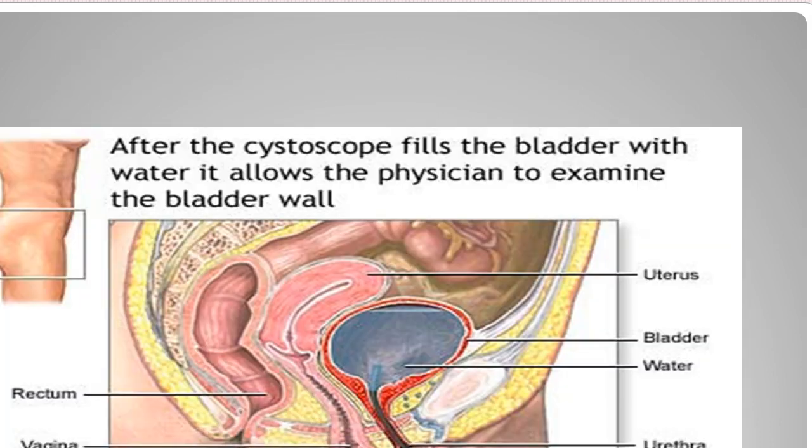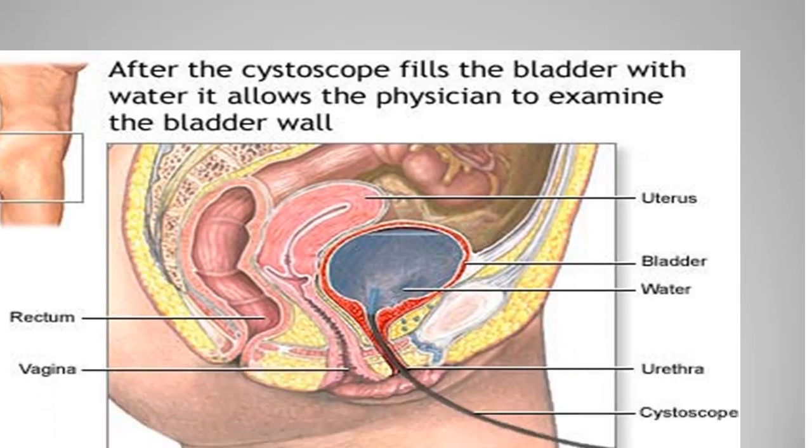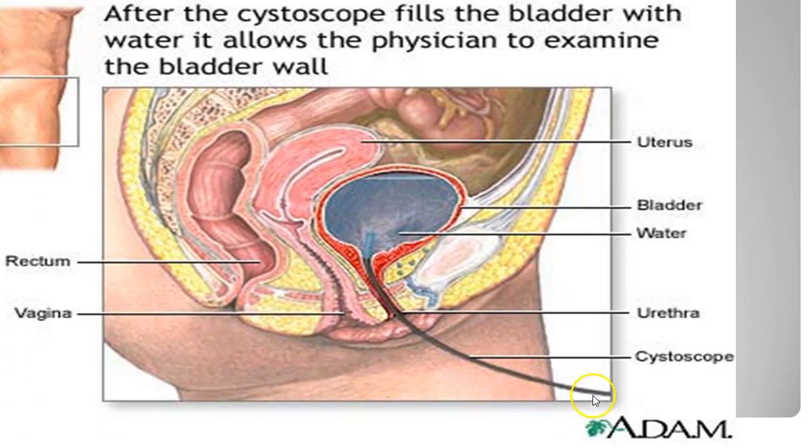That's what we call a cystoscopy. Okay, so let me bring this down. This is an old slide, but you can kind of get an idea. This is the probe that goes into the bladder, and you can see the end of it. There's a light, and he looks around at the whole area of the bladder to see if there's any tumors,